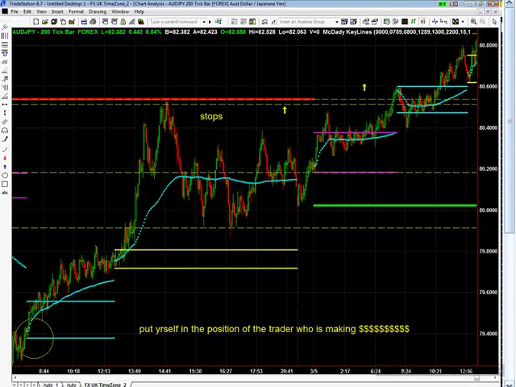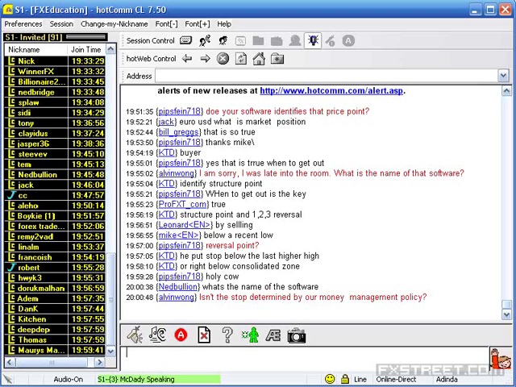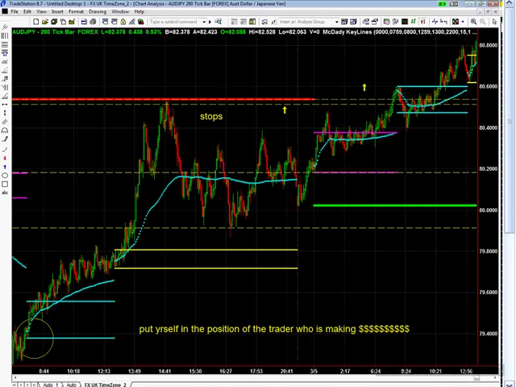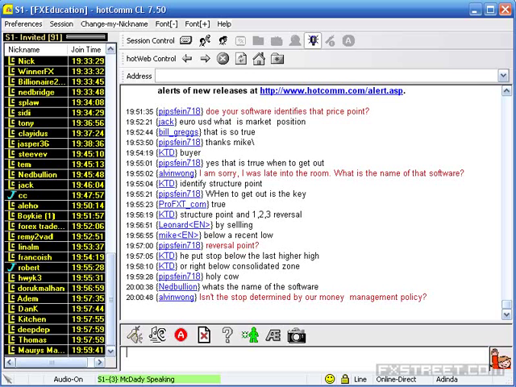So right here, the more reasons you have to take a trade, the stronger the trade is. I must have a reason to get into it. It's our software. You can see it at SpyGlass Trading. James will put the links for you. So the more reasons you get into the trade,